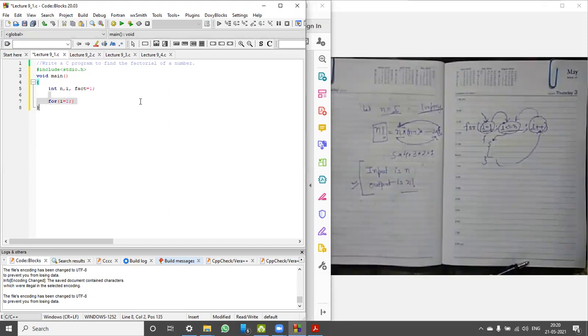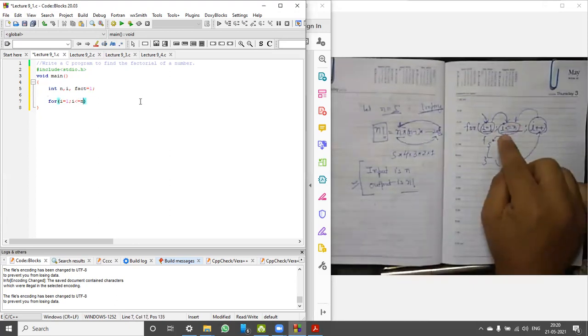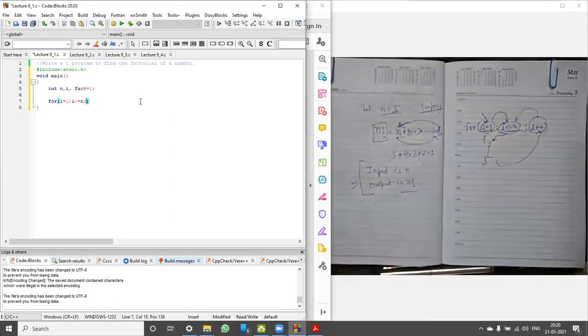This is important. So for i equals 1, i less than or equal to n, because I need the loop till this condition is true, and I am incrementing this variable by 1.